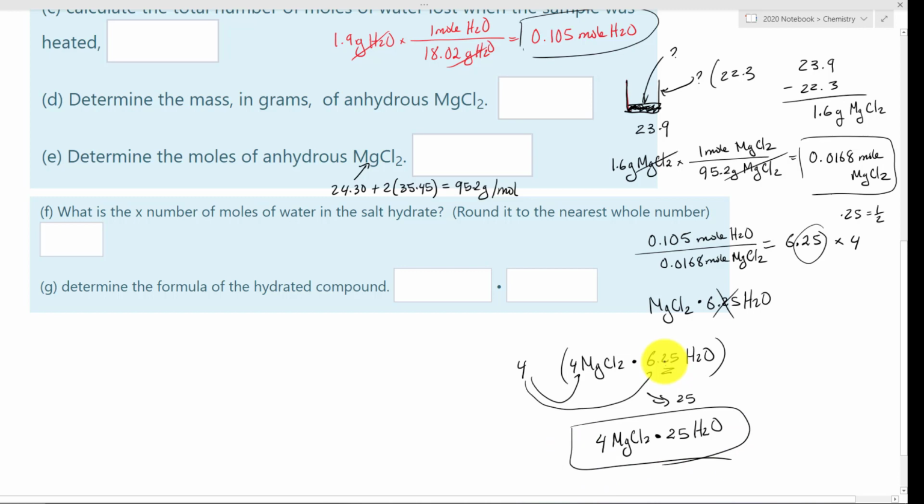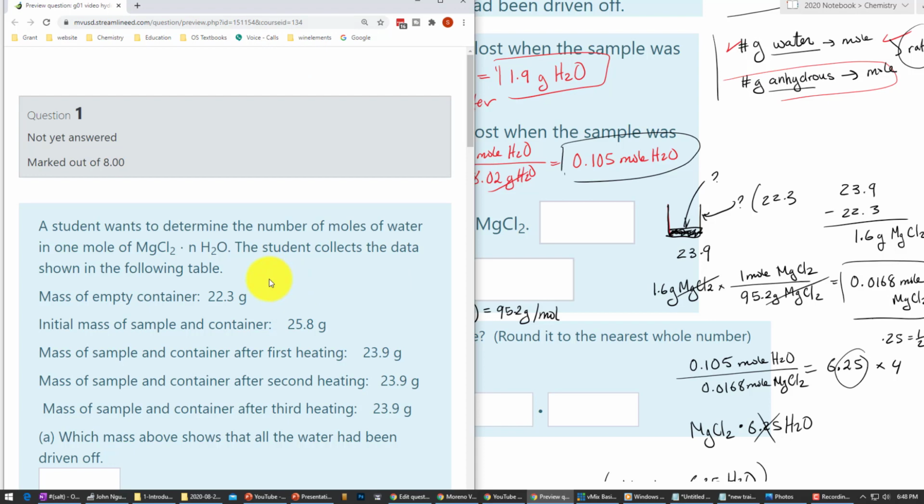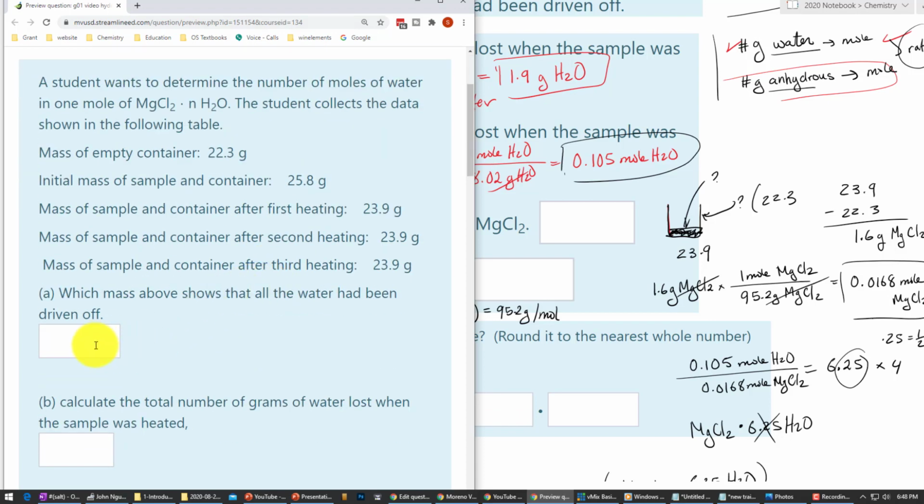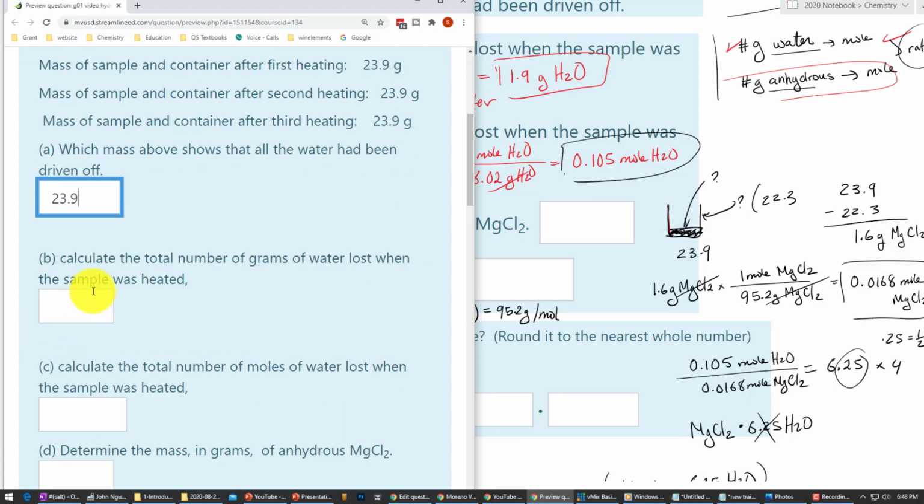In most cases, you will have to the nearest whole number. So I want to show you the hardest question that you can think of. That way you won't be struggling when you see the difficult question later on. So let's go in and check our answer. In this case, A was the mass that show all the water has driven off, of course, after the last heating. So we have 23.9. What's the total gram of loss? Okay, so we have that is